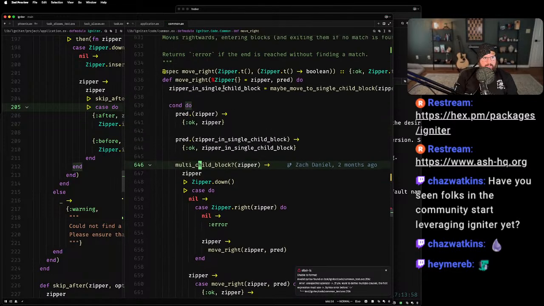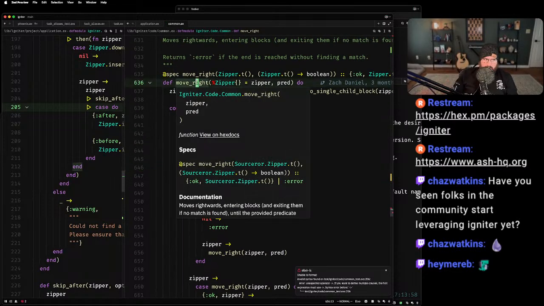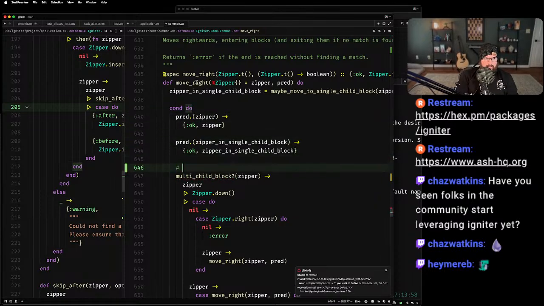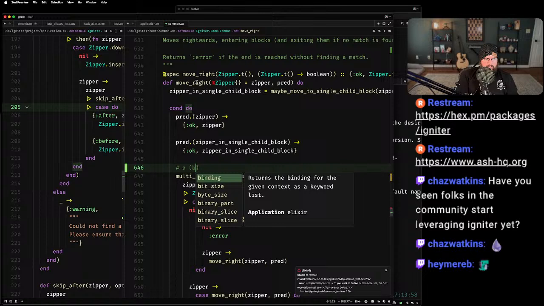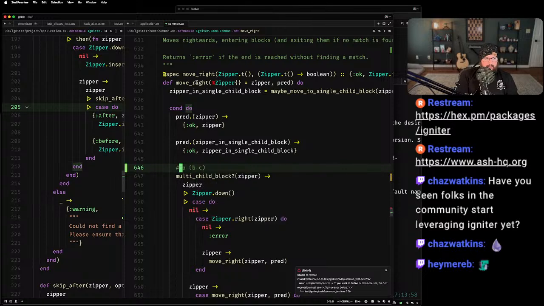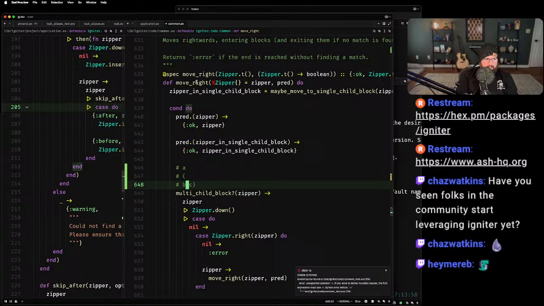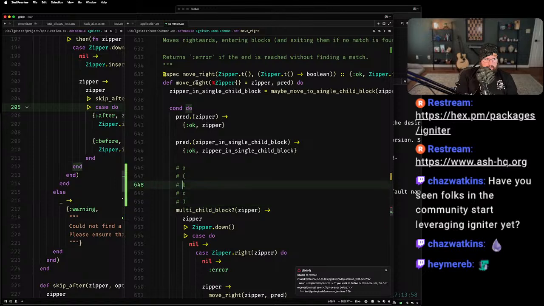The purpose of this code is that we're going to move right through source code. The reason we have this multi-child block here is for this kind of source code, if you had A, B, C on different lines, which doesn't really make any sense, but you can do it. It shouldn't actually matter if it's a multi-child.